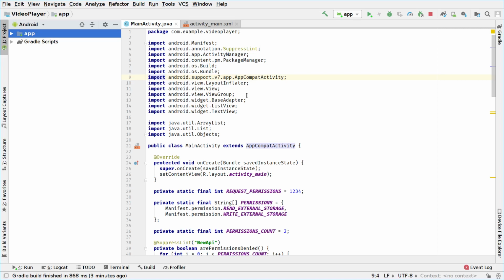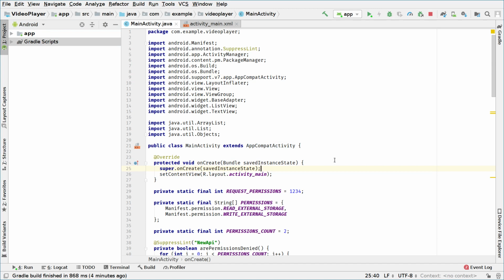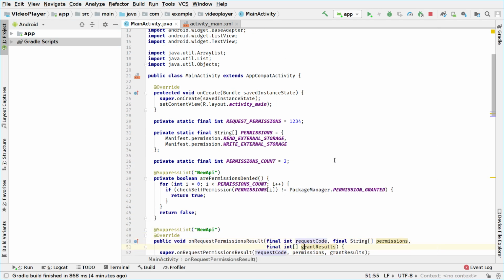This is part 3 of how to make a video player application for Android. In the previous tutorial, we created a list view with indexes that goes from 0 to 99. In this tutorial, we will actually list the files and add the video files to the list view. To do this we go to our MainActivity.java file,